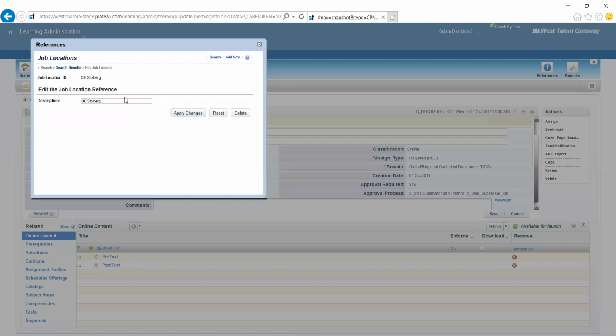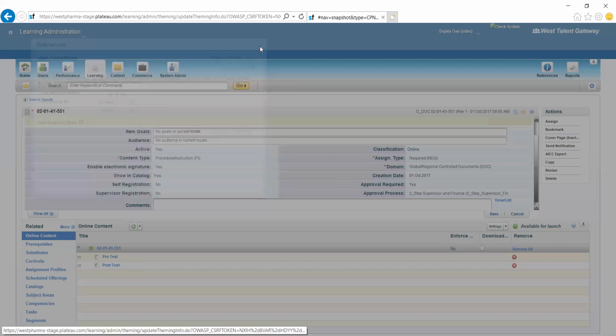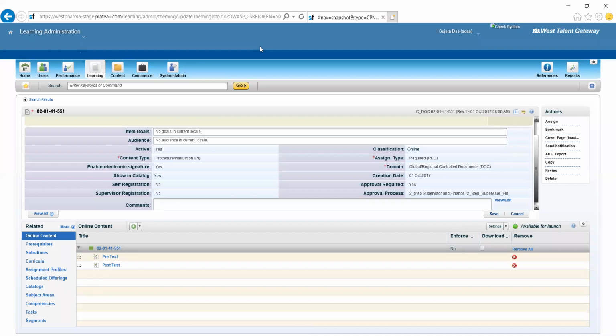Suppose it is Germany specific and you have 5 branches in Germany, you just maintain them here, so that whenever you are creating any scheduled offering, there will be a field called job location, and this value will be populated there. If you want to add any value, then you have to come to geography and job locations.